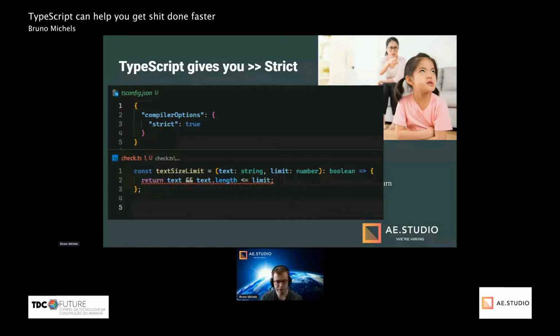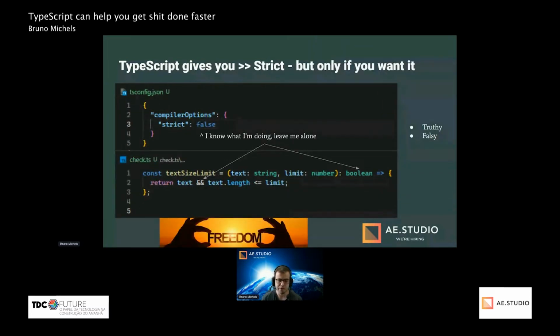One way to fix it would be to kind of cast text to a Boolean. So you could have two not operators before text, and that would convert text to either true or false. And the second part here would evaluate to either true or false. So that's a way you could fix this in strict mode. But you can also just not be that strict.